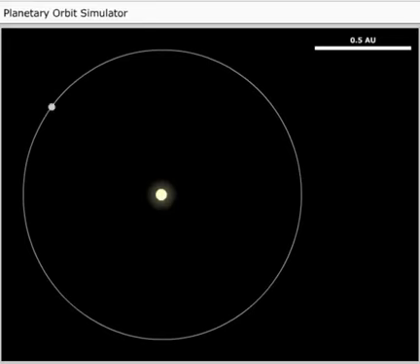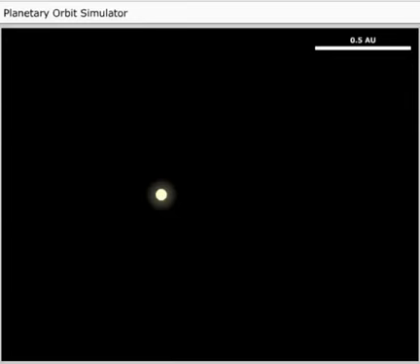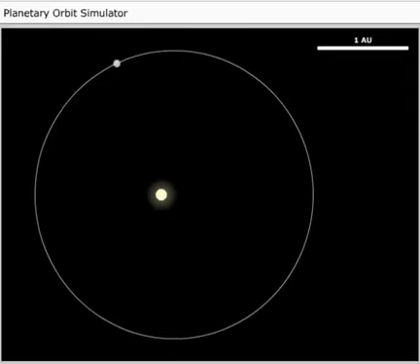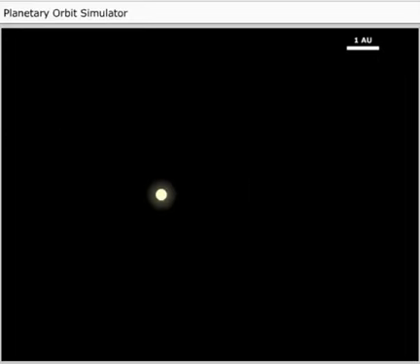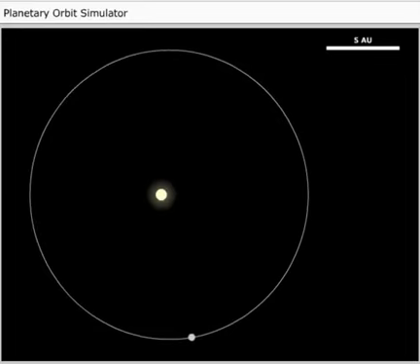But if we were to look at the planet Mars, which is further away from the sun, it orbits quite a bit slower. Right? And if we look even further away, like at Saturn, we'll see that it orbits slower still. Now, this is true of the laws of gravity. So the further away you are from most of the mass, the slower you go, right? And so in our solar system, the vast majority, 99.9% of the mass, is in the sun, right? So as planets are further away from the sun, they orbit more slowly.